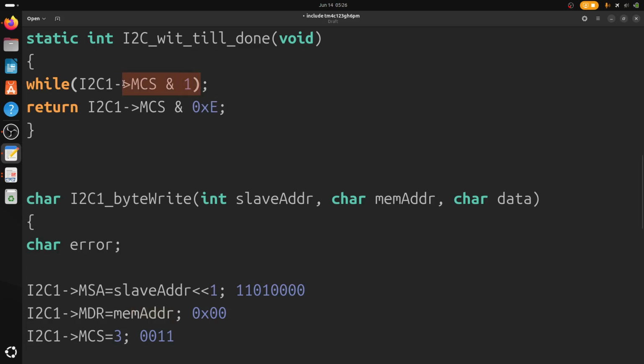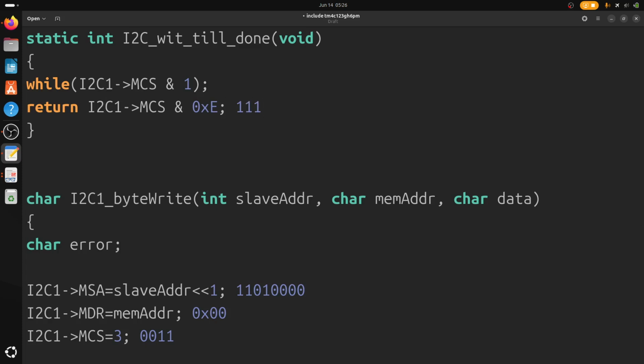Okay, and the bus is now busy as transmission started, and then we are checking if there is any error. And this line is saying if there is any error, and also this line is checking if the address is acknowledged, because E means